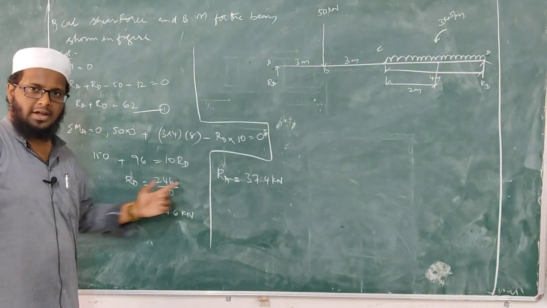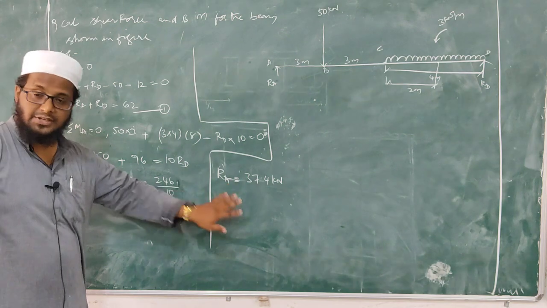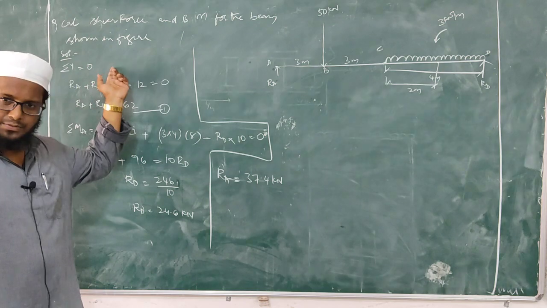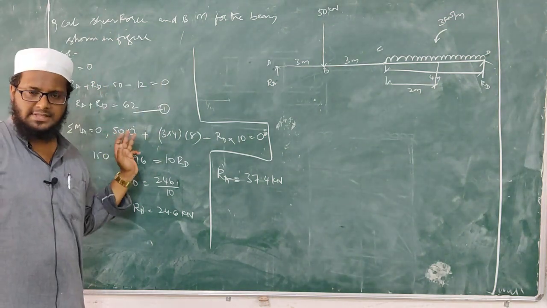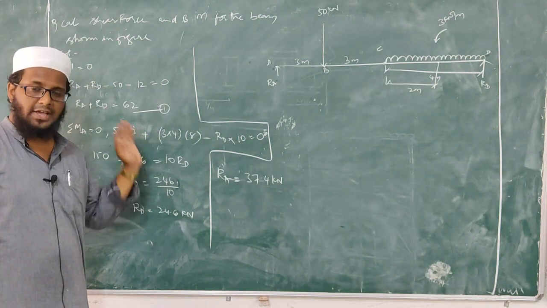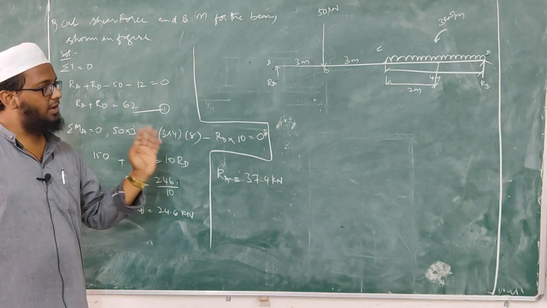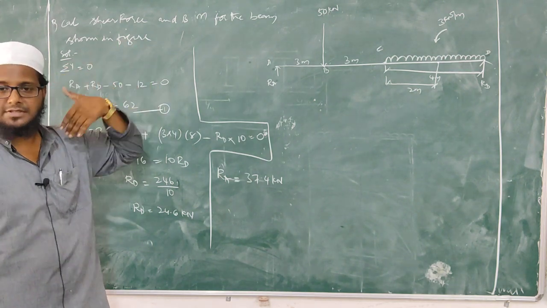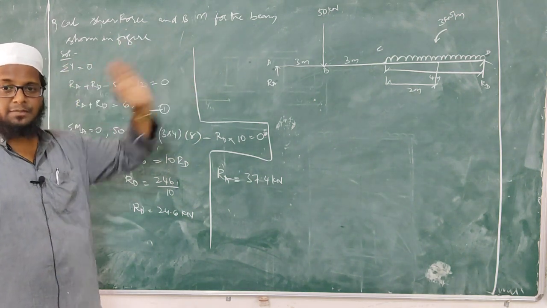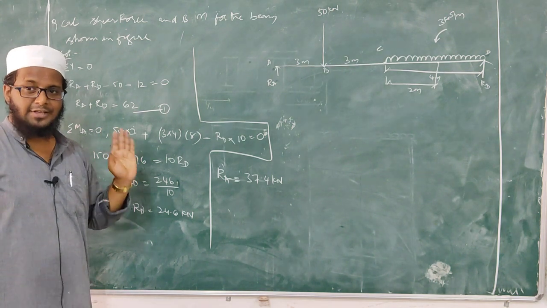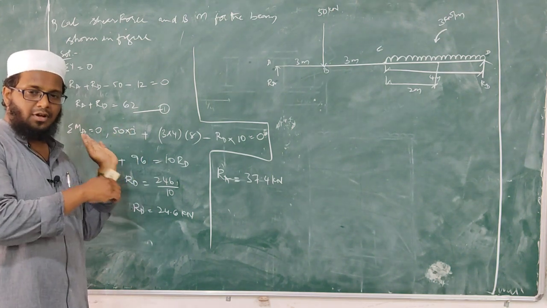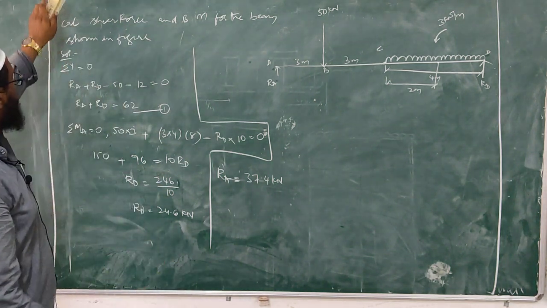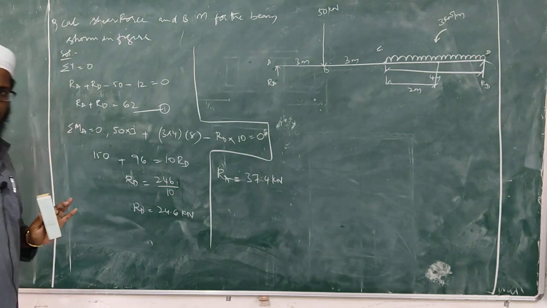Okay. So RA and RD, we will calculate reactions with the help of our equilibrium equations, that is either sigma x is equal to 0, sigma y is equal to 0 and sigma m is equal to 0. In case of calculation of reactions, sigma m is equal to 0, we calculate general moment, that is moment which we have studied in engineering mechanics. We consider all the forces. In case of bending moment, what we will do? In case of bending moment, either left or right of the section or right of the point or any other location, wherever we have to calculate. So this is how we calculate reactions.